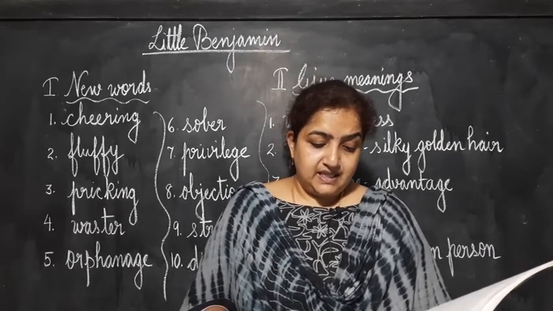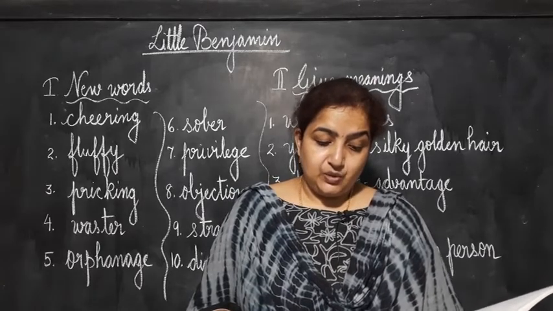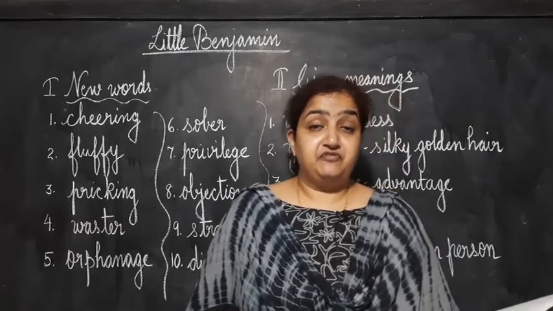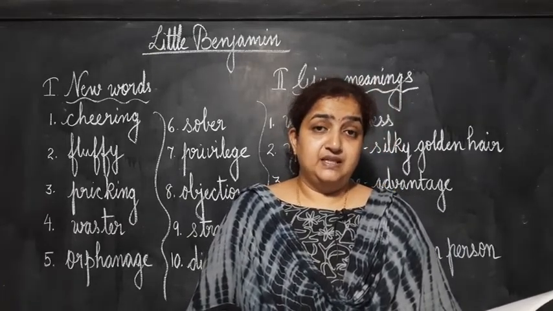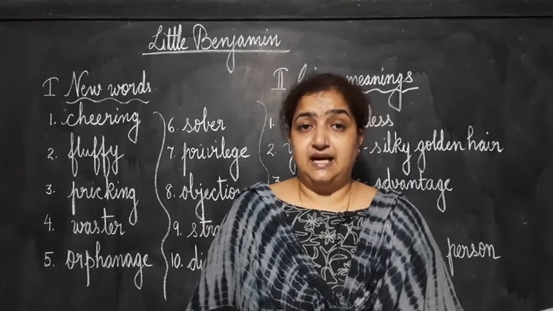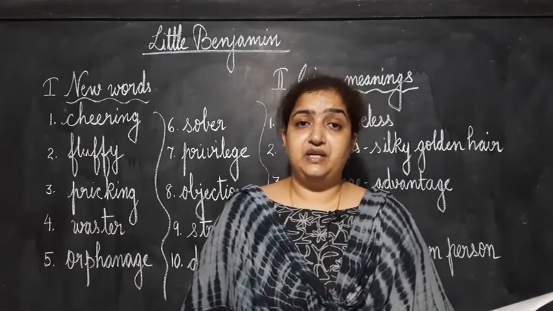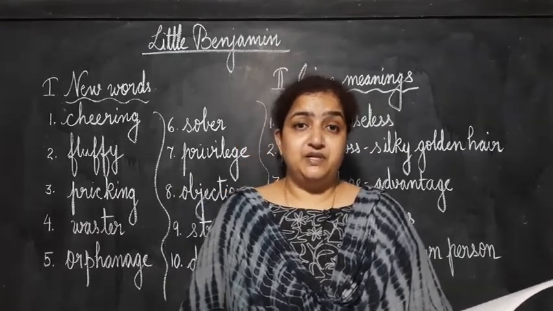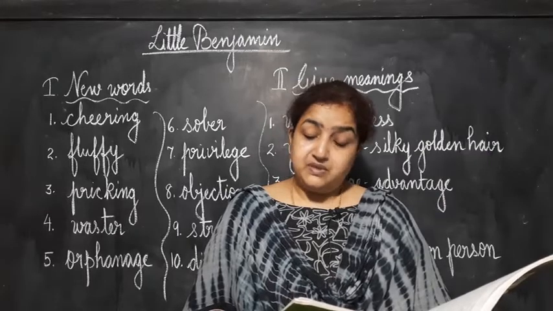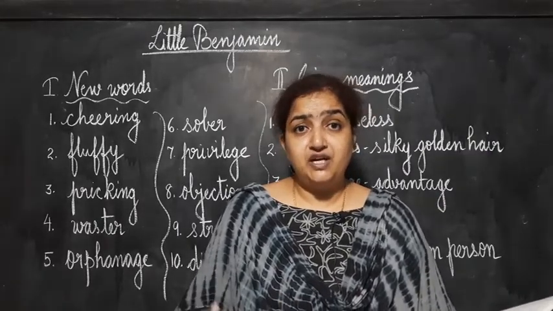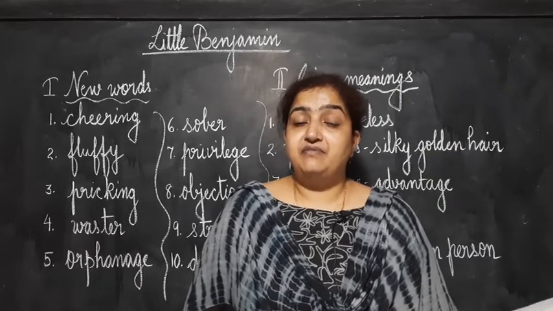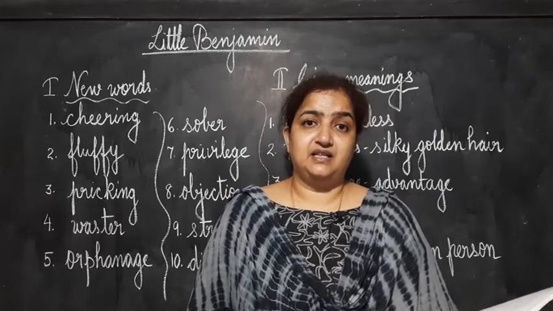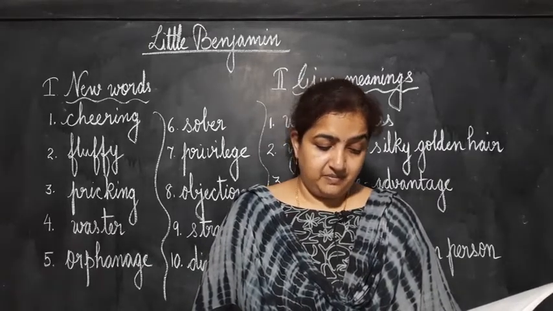What did Father Golden first say that they should do with the baby? Father Golden suggested that they should send the baby to the orphanage because already there are 5 children in the family, so it's better to send the baby to an orphanage. And what was the family's response? Response means what did they say? But everyone in the family, the children, they wanted to keep the baby. They requested their father, please let us keep the baby.